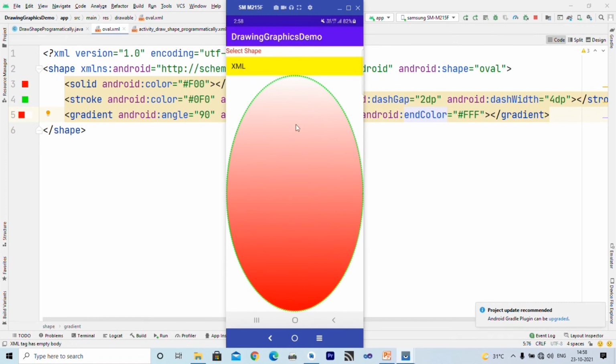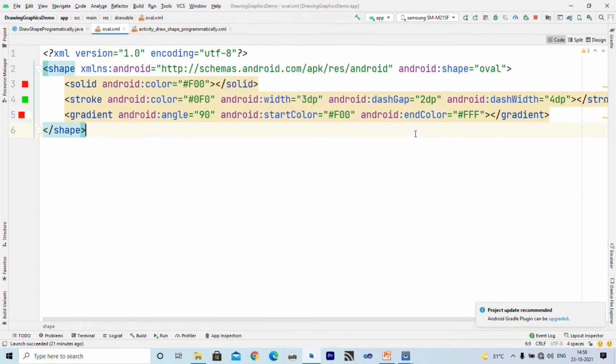So this is filled using a gradient, and its start color is red and end color is white. So this is specified using the gradient. So this is how we can define a shape inside XML also, and here you can see my shape is oval. So these actually define my shape.